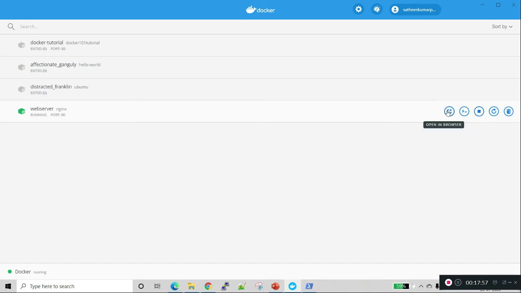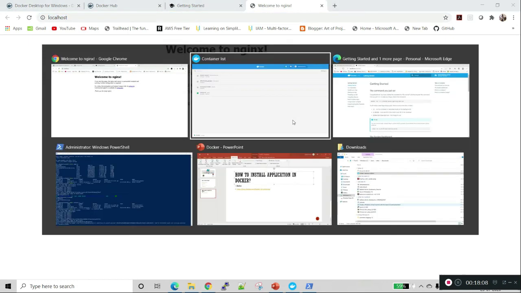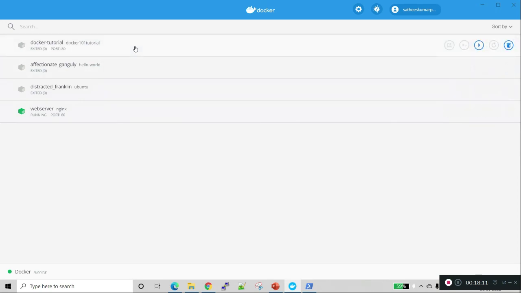So now let's see how to create our own files and upload them to the web server. I'm going through one by one. Here we will get all the options, like log, stop, start, and open a new browser. Docker provided all the options.